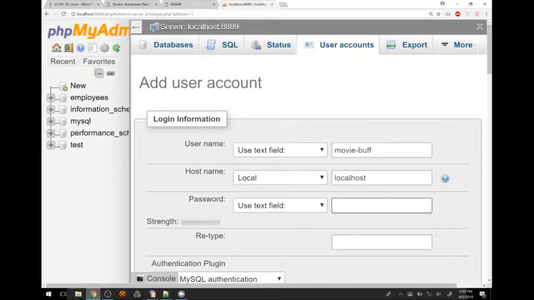Now we get to make up a password. Just pick something easy. I'm going to pick launch code, all lowercase, right? Easy to remember. Launch code, all lowercase, which is a weak password, by the way. Oh well. If somebody wants to steal my movie data, then they can have it. And we have to type it in twice. Make sure to type it in twice.